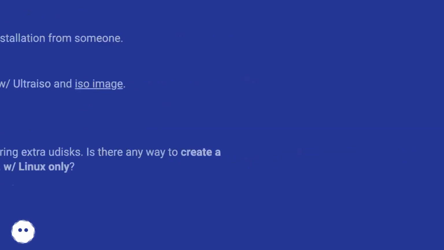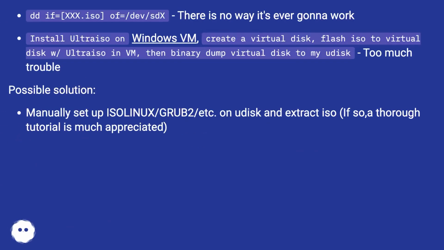Unacceptable solution: dd if=xxx.iso of=/dev/sdx. There is no way it's ever gonna work. Another option: install Ultrazo on a Windows VM, create a virtual disk, flash the ISO to the virtual disk with Ultrazo in the VM, then binary dump the virtual disk to my UDisk. Too much trouble? Possible solution: